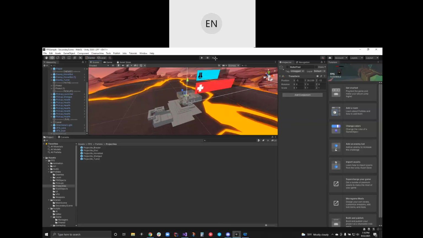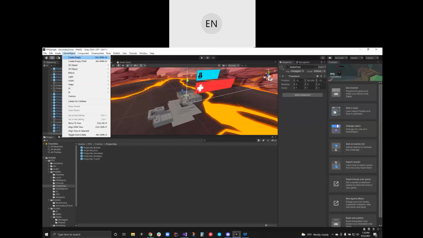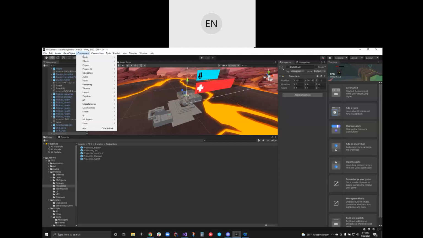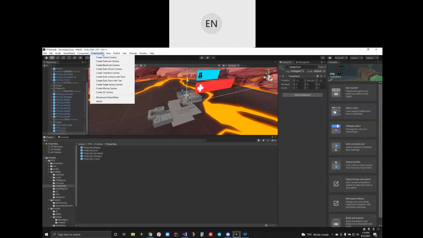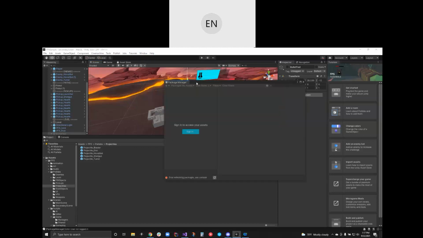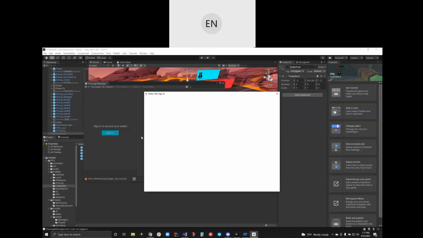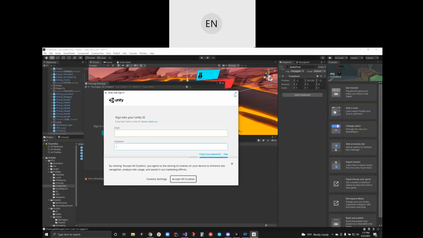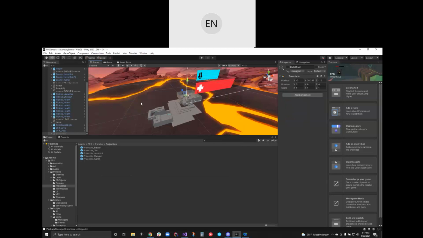While I'm just on the topic of the interface, the standard stuff is here: file, assets, game object, components. Just that Cinemachine is, in this case, imported and used as part of the first-person shooter micro game. But Cinemachine is another package. It used to be an external asset managed by a third-party system. You had to go through login. I don't know if I have my password right now. That's all right. But just know it's a package.